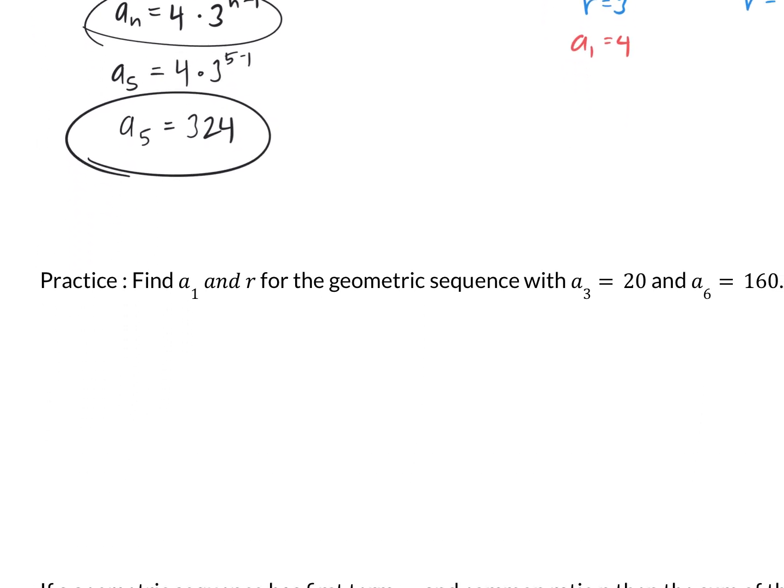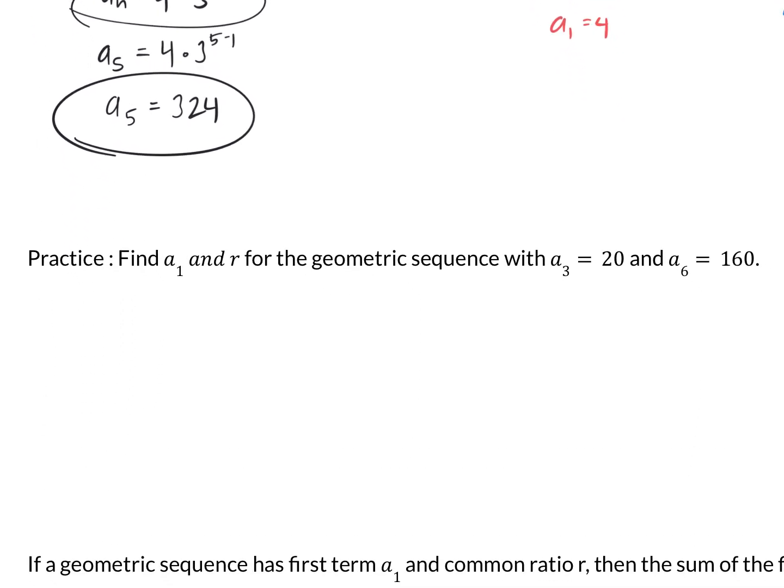All right. Next one here, we're trying to find a sub 1 and r for the geometric sequence with a sub 3 is 20 and a sub 6 is 160. So using that formula up above, we need to figure out what my common ratio is going to be. Now, I'm not given two terms that are right next to each other, but let's think about this. If I have a sub 3 is 20, a sub 4 and a sub 5 we don't know, and a sub 6 we do know,